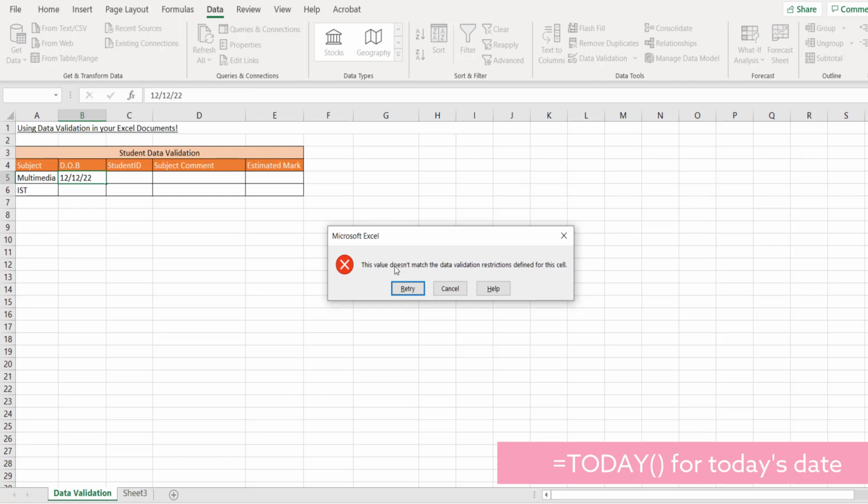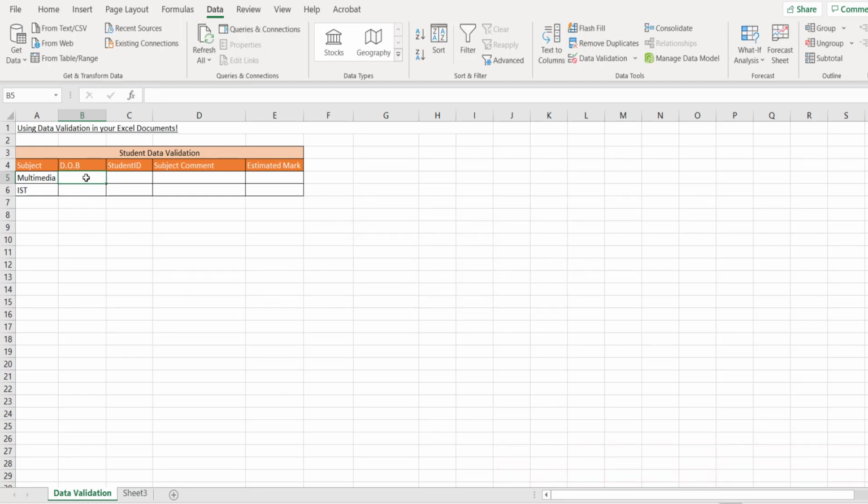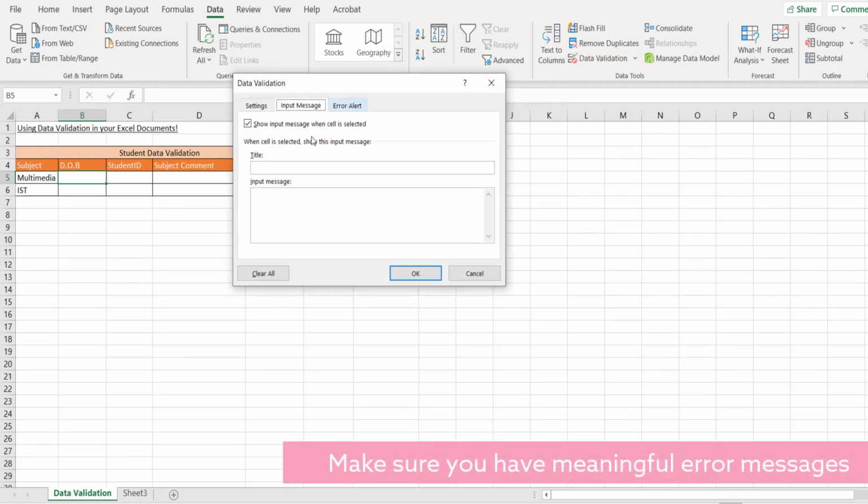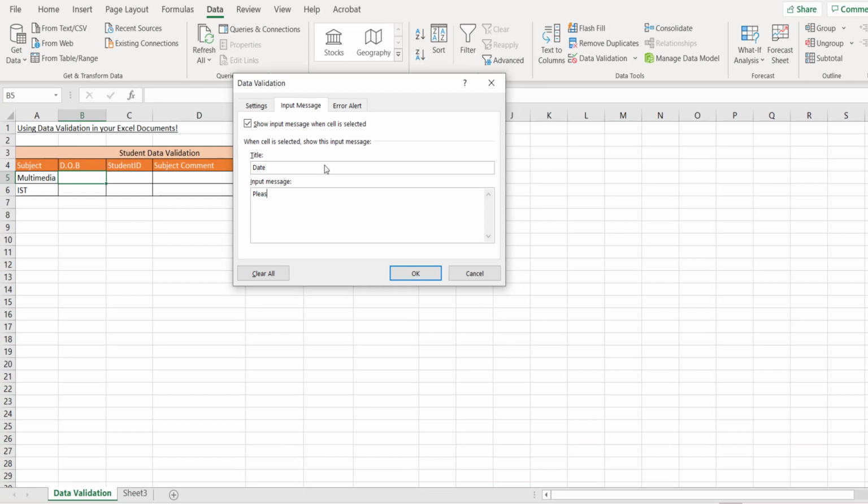Now this error message isn't really that great, so we're going to change that as well. I'm going to click on that cell again, go back into data validation, and on these two options over here, I'm going to write some stuff in the input message. Let's say for the date, I'm going to say please enter a valid date. But for my error alert, I'm going to write incorrect value, and my error message is going to be please